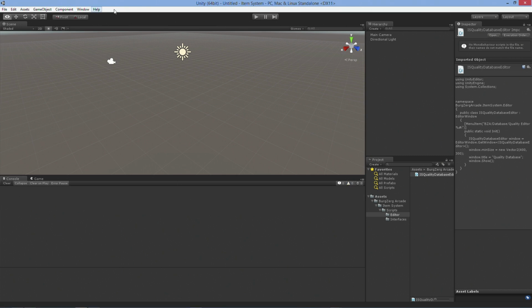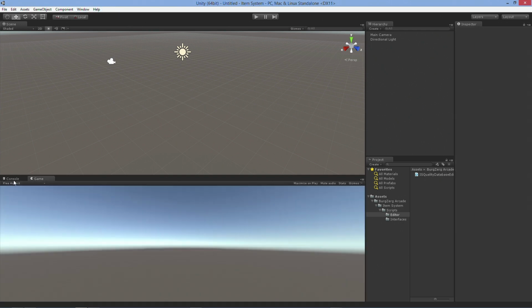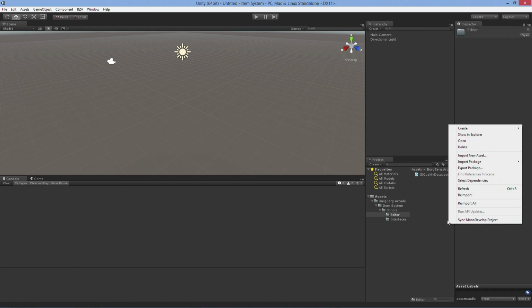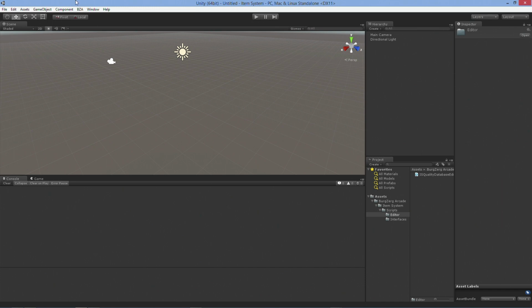None. Now it can take a few seconds before your window pops up here, or your menu entry. Come on. I don't know if there's a magic way to do it. Sometimes re-importing. Oh, never mind. There we go. So as you can see, it goes from BZA to database to quality editor